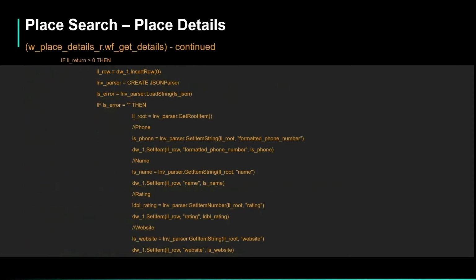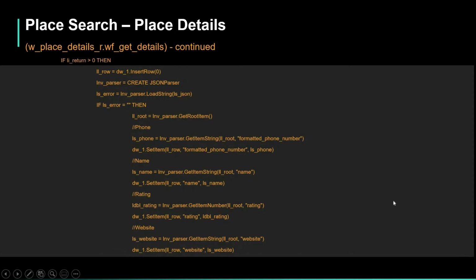Continue this. So if we get a good return code, we're going to insert a row in the data window. We're going to create the parser, load our JSON string, and we want to make sure that there was no error. So if the JSON string loaded fine, then we go on, get the root, and we parse out the phone number. We put it into the data window. We parse out the name, put that in the data window, rating,